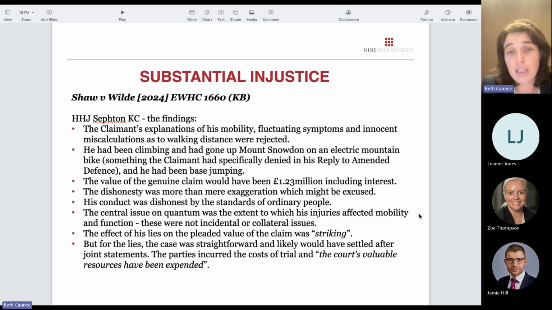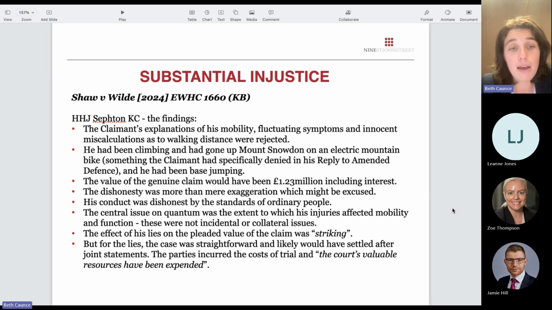He rejected the claimant's explanations, going to mobility issues, fluctuating symptoms, and what he said to be innocent miscalculations when he was thinking about how far he could walk. The judge specifically found that he'd gone up Mount Snowdon on an electric mountain bike, and that was something that the claimant had specifically denied in his reply to the amended defence. And the judge also found that he'd been base jumping since he was injured. The value of the genuine claim was high. It would have been, the judge found, just under